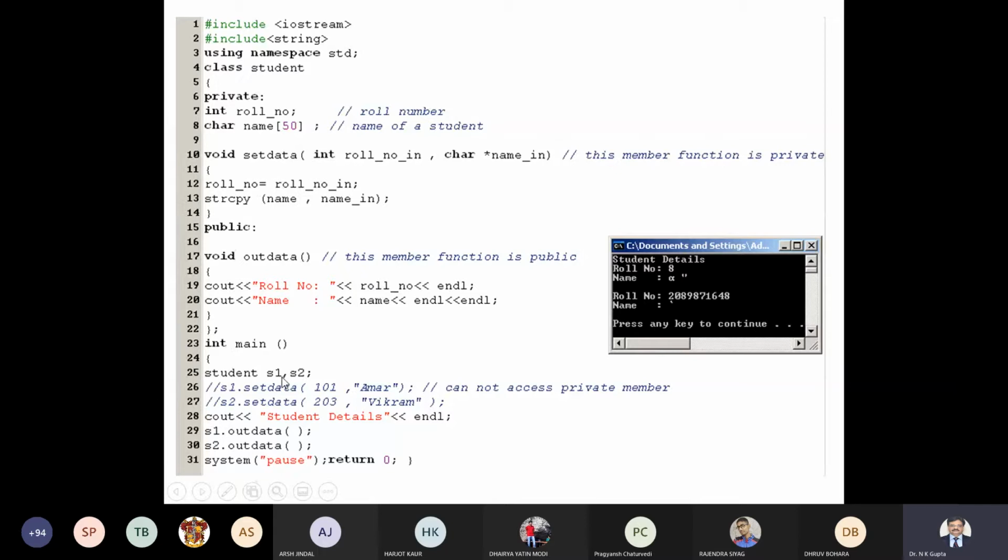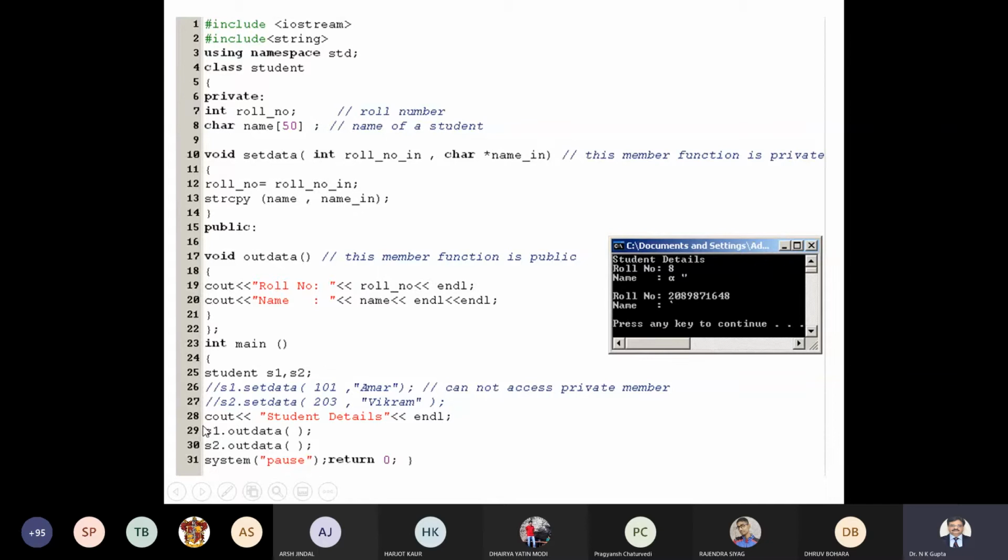So how do I assign these properties or this data to S1? How do I assign it? To some member function? Yes, sir. But the member function for assigning is given over here. Is it public or private? Private, I cannot access. That is why I blocked it because it was giving me an error. I can show it live also. So this was not possible, but outdata was possible because it was public, so I could access it.